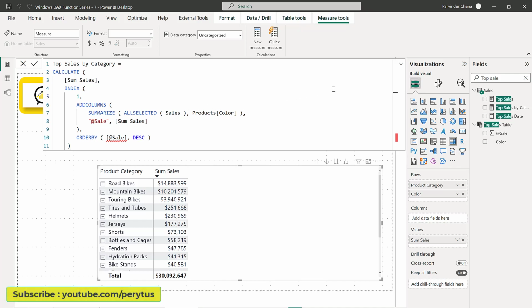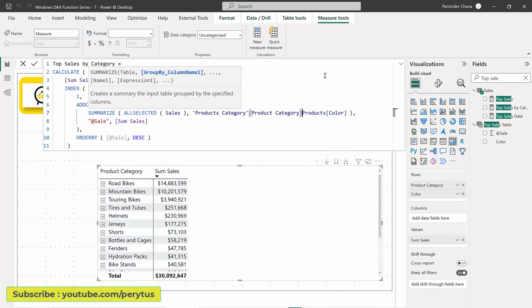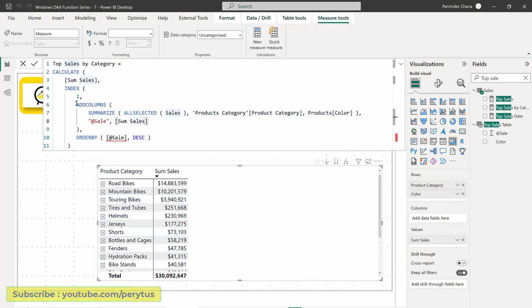So that would be product category, and then color. And what this internal table will give us is sum of sales by color in each product category, and then the total sales. And now we need to order it by sales, descending order, same thing. We want the highest sales to be on the top because we are using 1 here in the